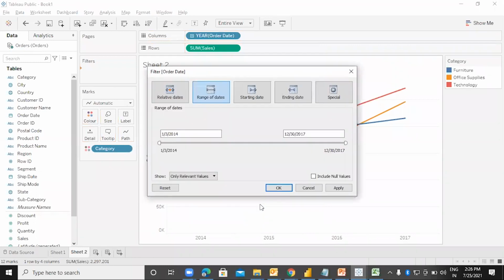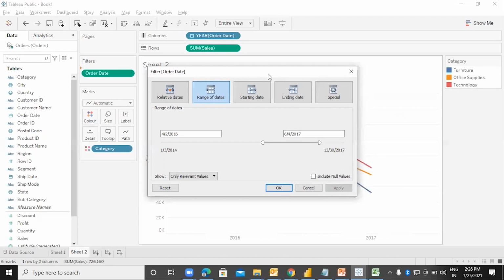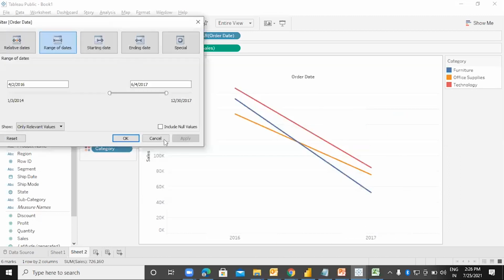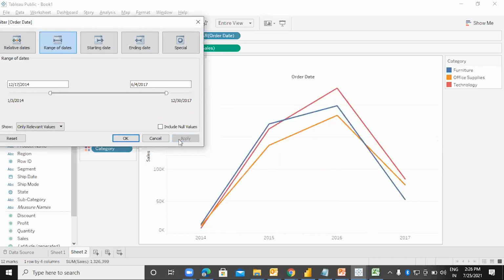And here you will be getting a range. You can specify a range over here which you wanted to display. You want sales transactions only within that specified range. What is the sales done in this specified range? Let's take apply. This is what we are getting over here. So that is the date filter.